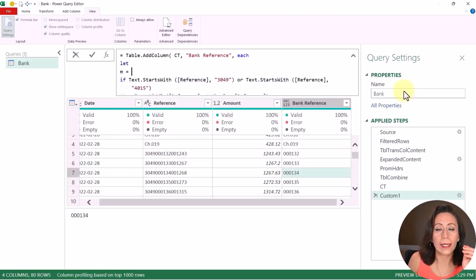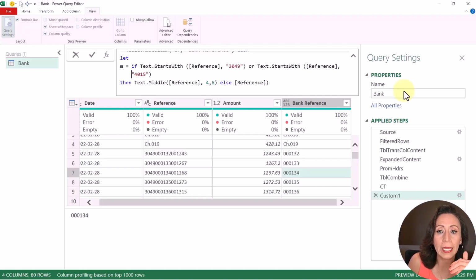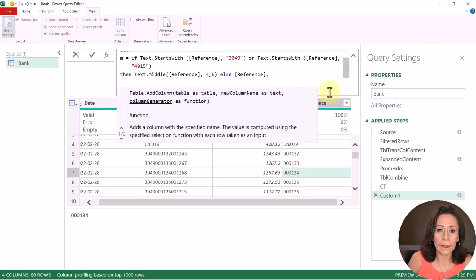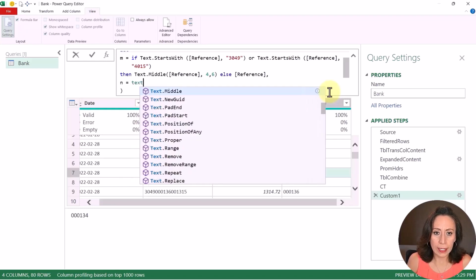equals, and that is the name of my variable. The value of that variable is the result of my if, which is whatever is inside of this column. And after I shift enter here, I'm going to provide the comma. That means that there is another variable after that, which will be variable n. That's going to be equal. And what I want to do there, I want to remove the zeros in front of the numbers that I have here. And I'm going to use the text